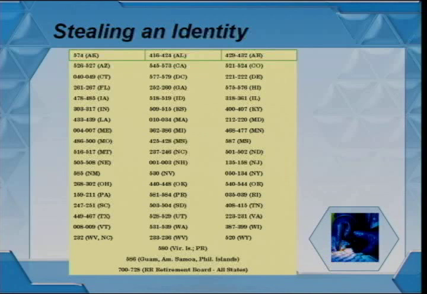And some states are larger. They will have several areas. Georgia is like 259, 260, I think, or something like that. You can look at the list here, whichever state you're from, and you can see pretty much what area number you would have registered your Social Security number under.